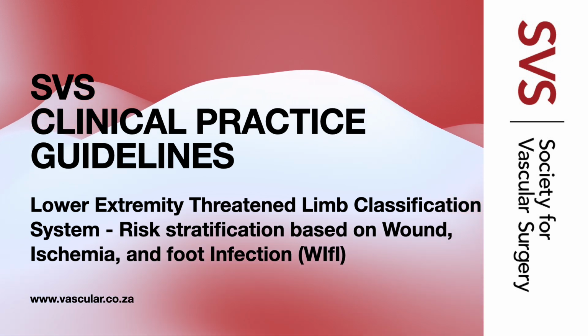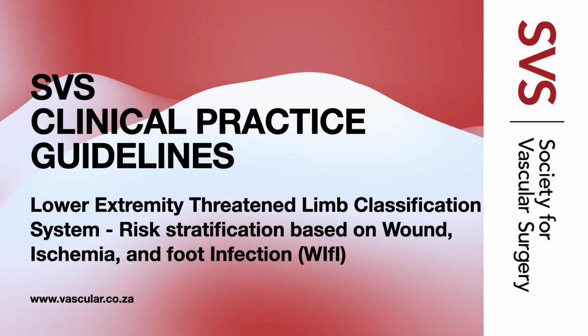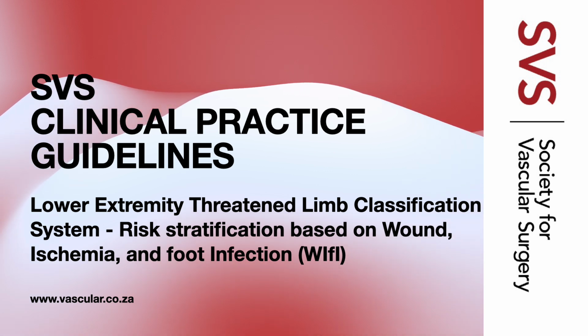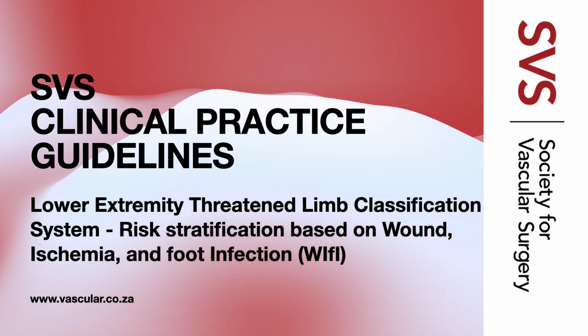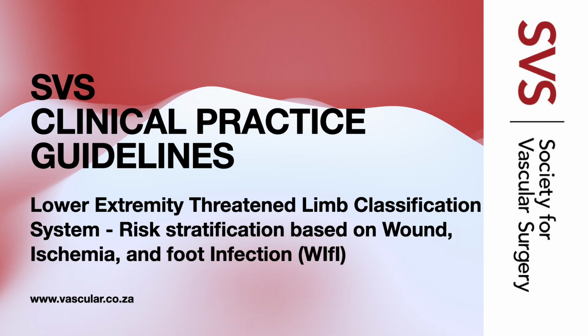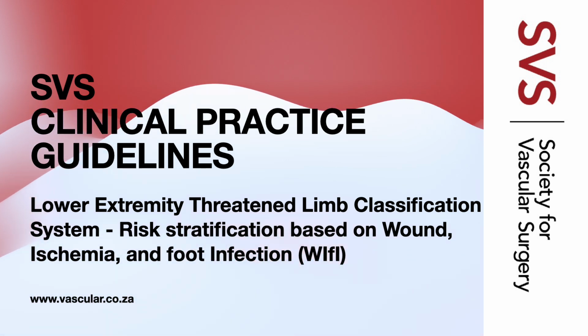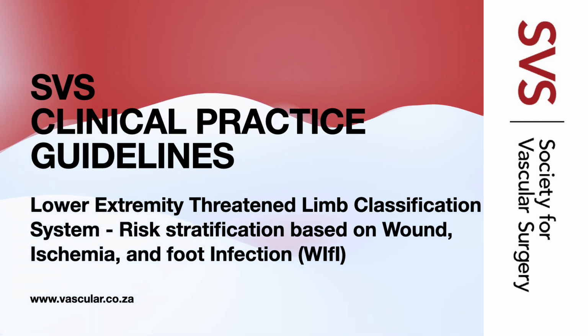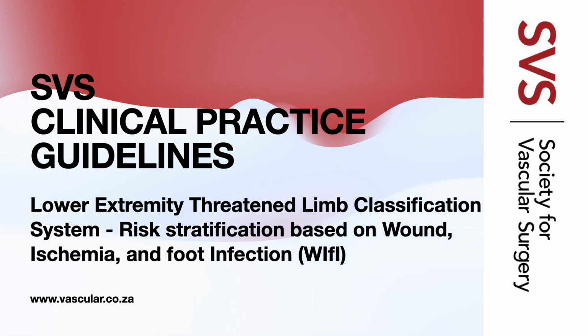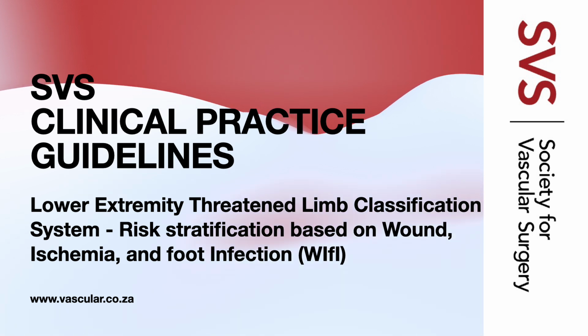Well, generally speaking, the higher your individual grades for WI and FI, the higher your risk of amputation is. The WI-FI system is also really helpful for estimating how much benefit you might get from restoring blood flow. For instance, if your ischemia score is 0I0, great blood flow, you're probably not going to need a revascularization procedure. But if you have severe ischemia, that I3 score, especially if you also have a bad wound or infection, then getting that blood flow restored is very likely going to be essential to give the limb a fighting chance to